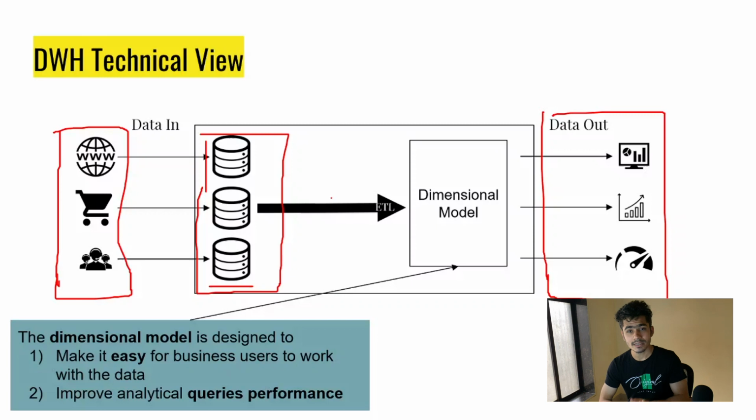So let's talk about what a dimensional model is. A dimensional model basically makes it easy for business users to work with data. The reason is that the relational databases we build for the transactional system are spread across multiple tables. For a business user coming from a business background, it is quite difficult to understand how data is spread and how to do joins and everything. As a technical person you will be able to understand because you know what is happening behind, but the business person does not understand that.